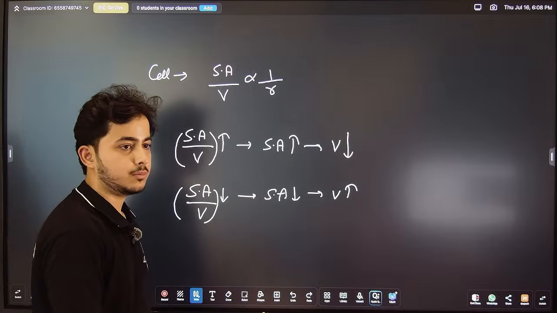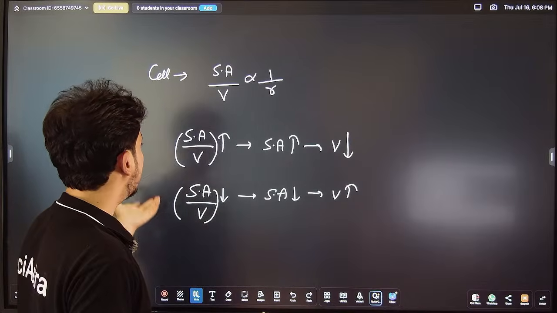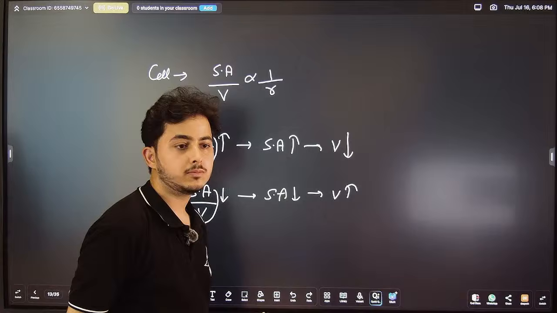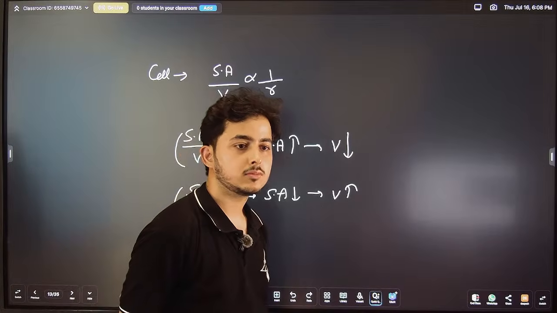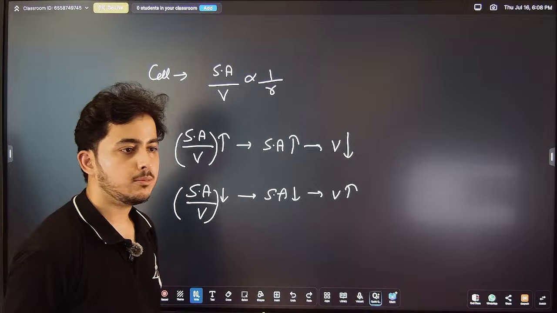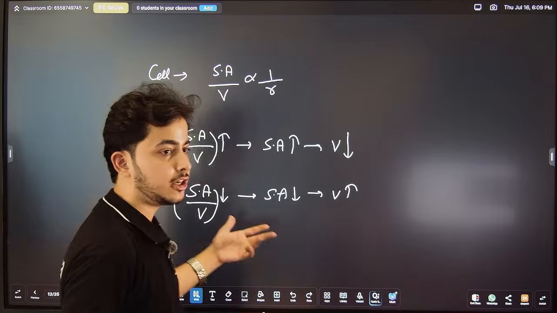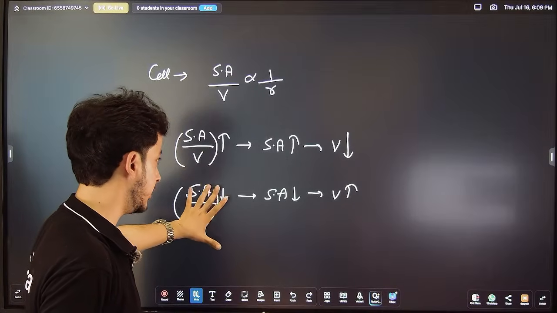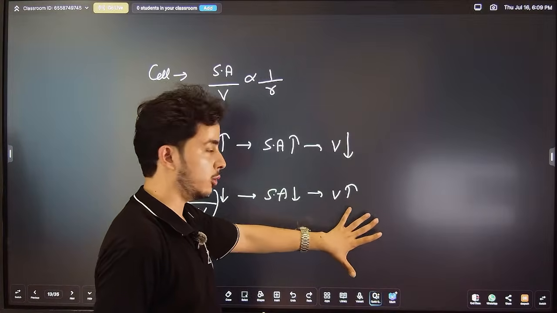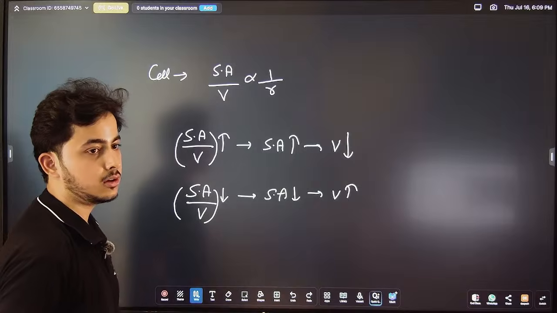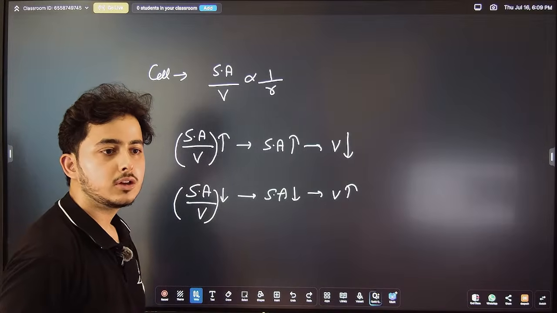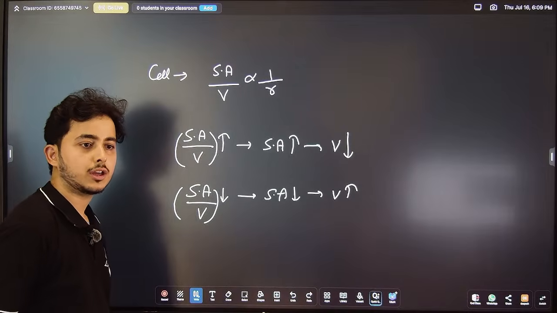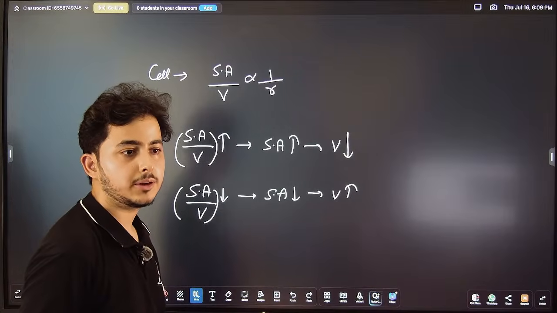So what will the cell prefer? Does it want to have a high ratio or a low ratio? I am saying there are two options. Let's say you are the cell. Either you can have a high surface area to volume ratio or a low one, so which option will you prefer? Yeah, so many people are saying low ratio. Some people are saying high ratio.